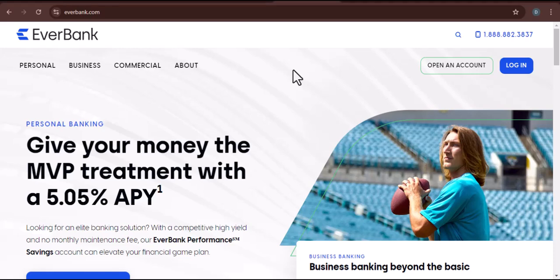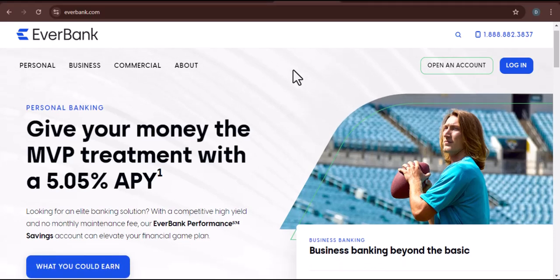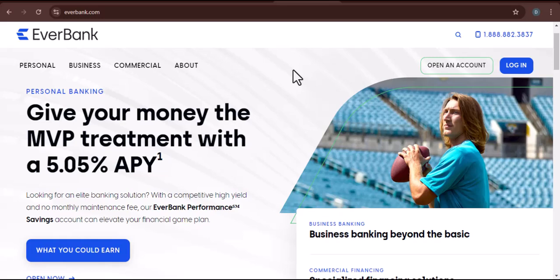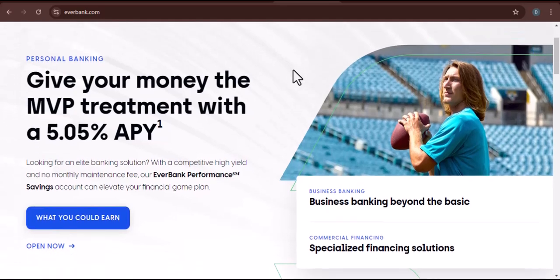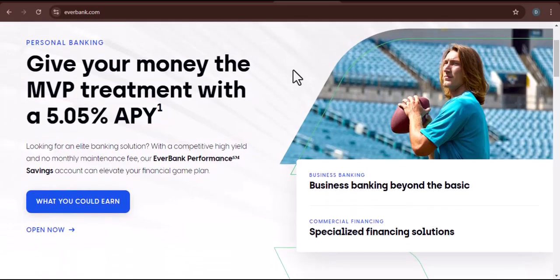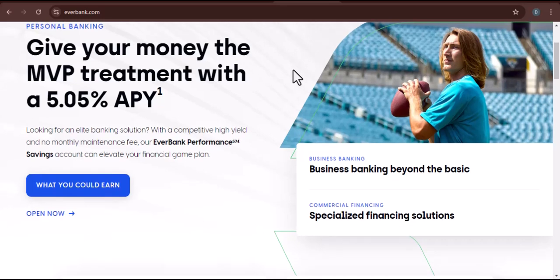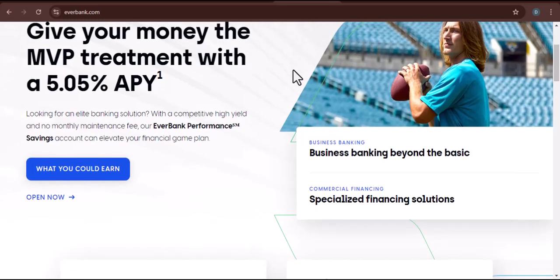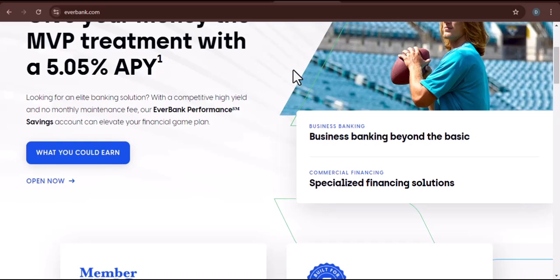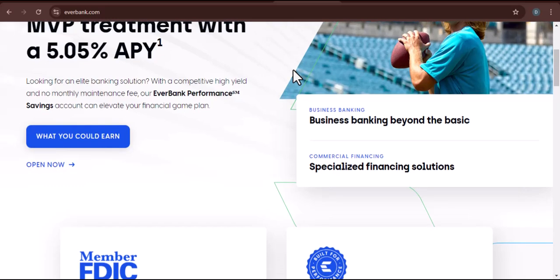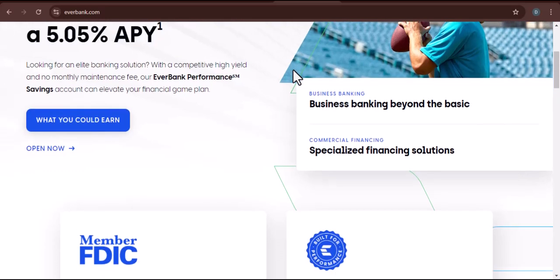Running a business is complex enough, right? So why should opening a business bank account feel like an obstacle course? If you've been looking for a straightforward way to manage your company's finances and considered EverBank, you're in the right place. Today, we're cutting through the confusion and walking you step by step through exactly how to apply for an